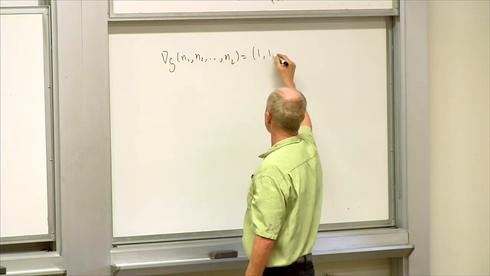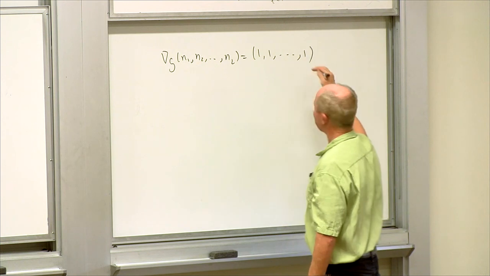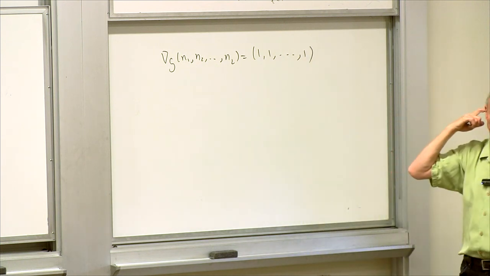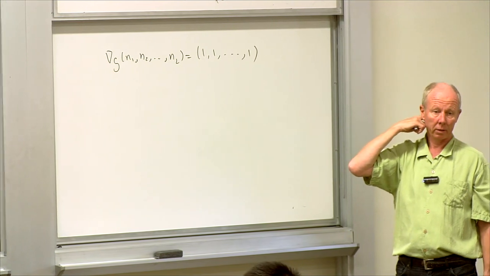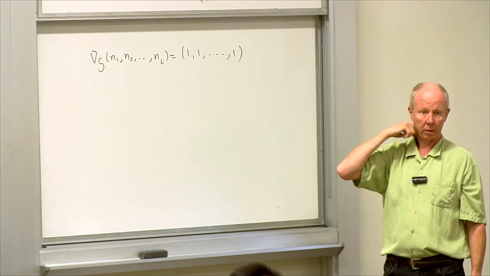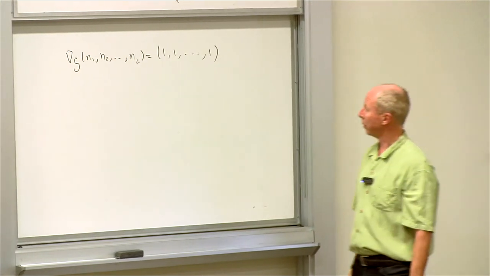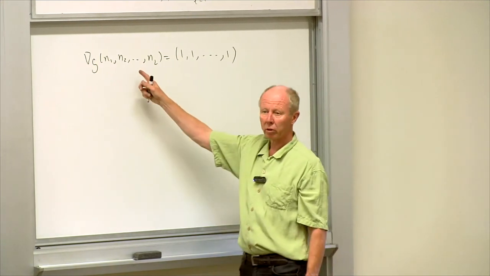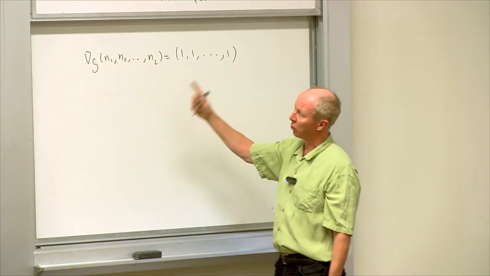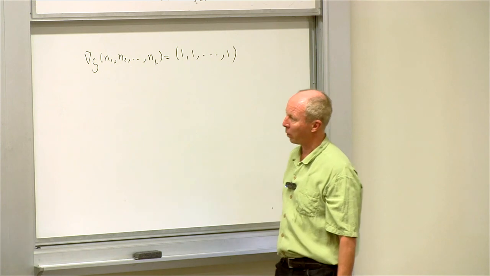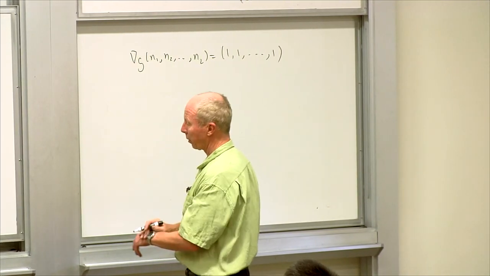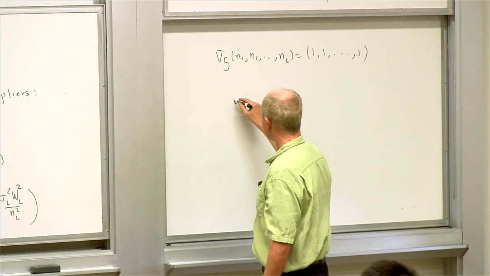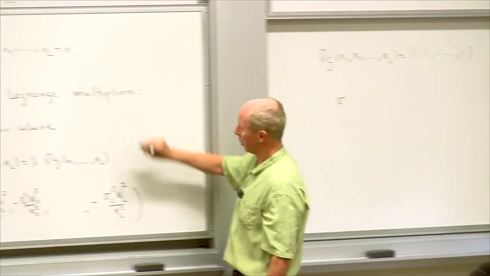Grad G is this. Component will be the derivative of g with respect to n sub l. Derivative of g with respect to n sub l is 1. And when are these lined up? You have to have this equation